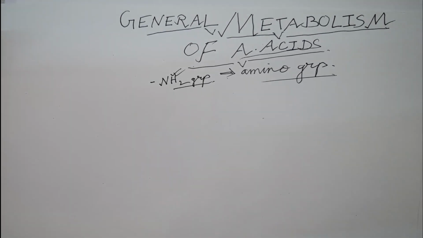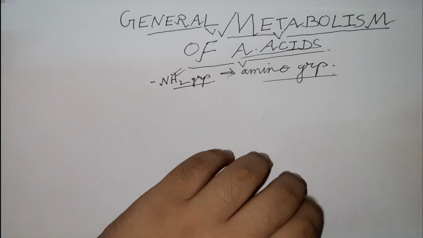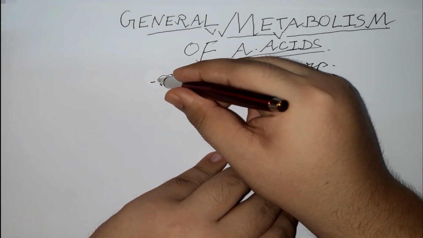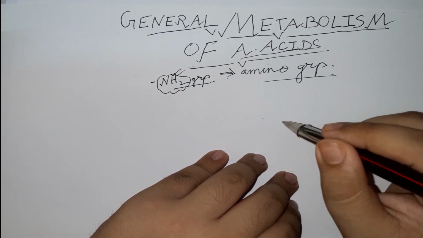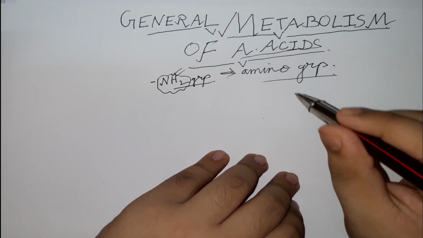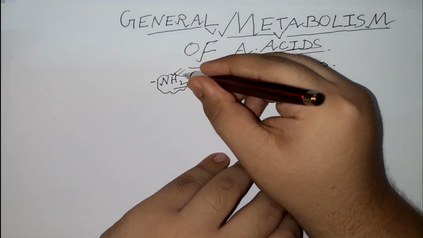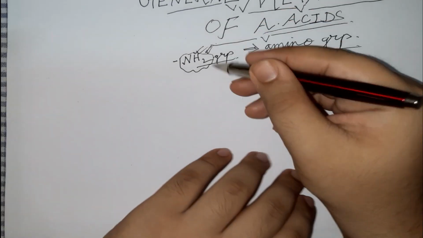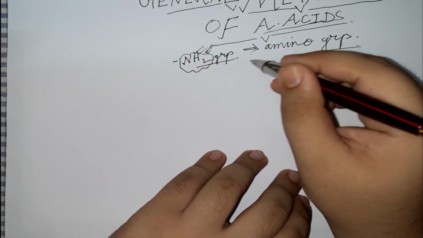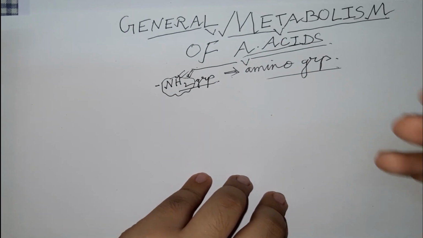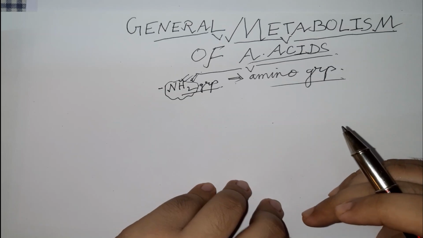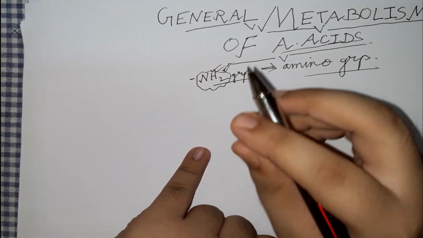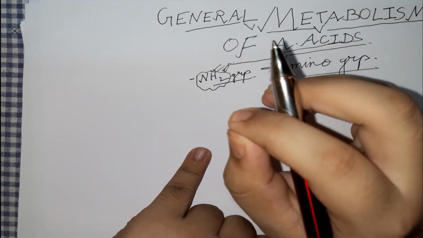Now, if we are talking about metabolism of amino acids, we have to talk about what happens to this group. What happens to this amino group? Because the amino group is a basic constituent of all amino acids. This is the identification of amino acids. They contain this, right? Along with a C end as well, a carboxyl end as well. Hence, they are amino acids. So, what happens to this group during the metabolism of amino acids? That is a question we are asking ourselves here. The answer is very, very, very important. All right? The answer is